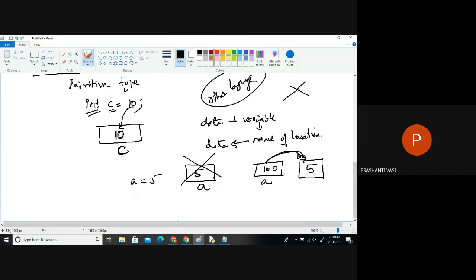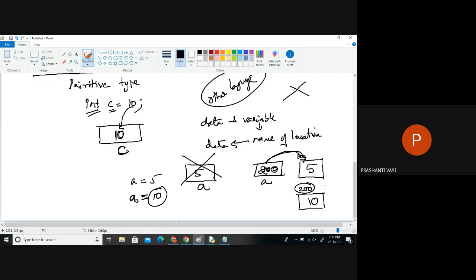Now below this sentence, if I just type like this, there is another data created. Every data will be loaded in a different location. Now which data is created here? 10. It is in some other location, it's not loaded in the same location. So 10 is found in some other cell, maybe I'm just guessing, cell 200. And now what are we doing with this 10? We are assigning it to which variable? A. So that means 10's address will be saved in A's location. Now is A holding the address of the first value or the second value? 5 or 10?